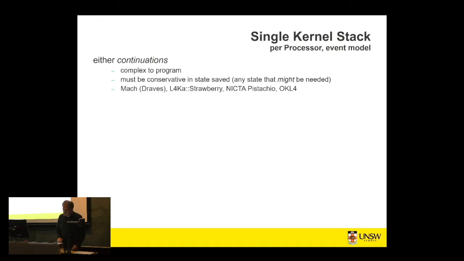So, summary. Single kernel stack per processor, because basically we're talking uniprocessors at the moment, let me speak properly. The event model, if we do that, then we need to deal with blocking. Okay, either we deal with blocking via a continuation, which has been used in various systems of the past,